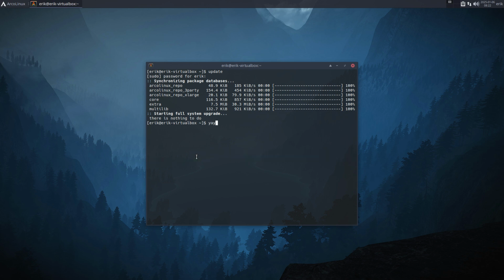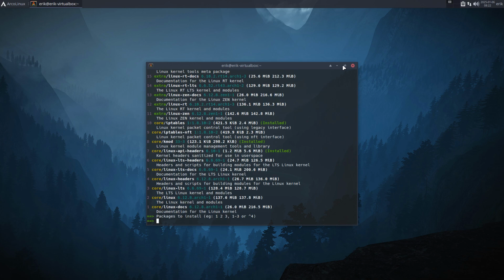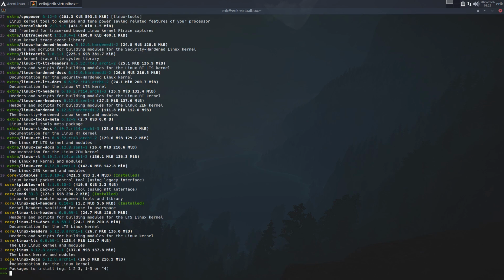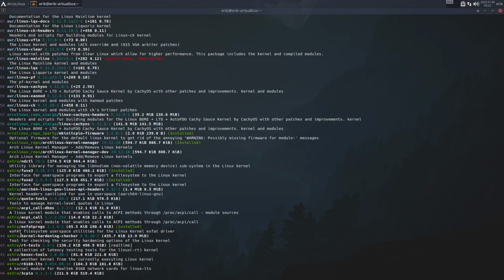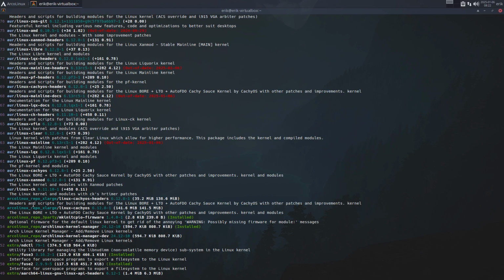What I was going to say is there's lots more, right? Linux kernel or something else. Let's see. All the core and extra, I'm not interested. I'm just interested in the ones that are on the AUR. So what do we have here? CK. You look up, what does that mean? What does that do? Is it even interesting for you? PF, LQX, clear, VFIO, CK headers,